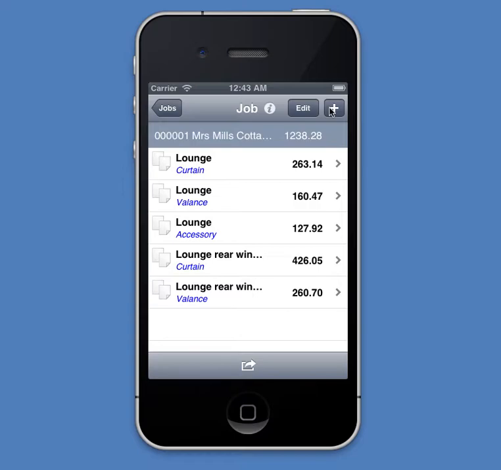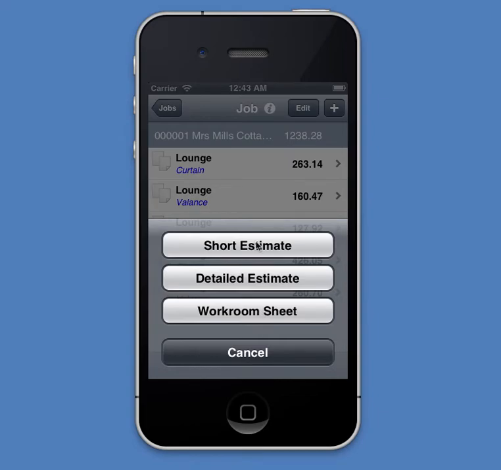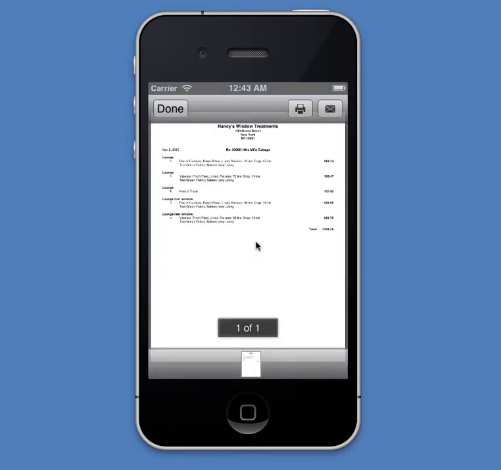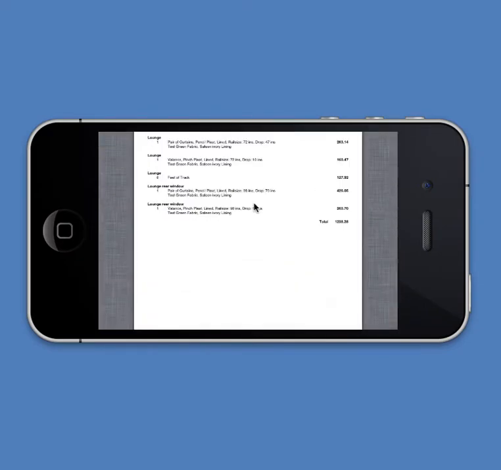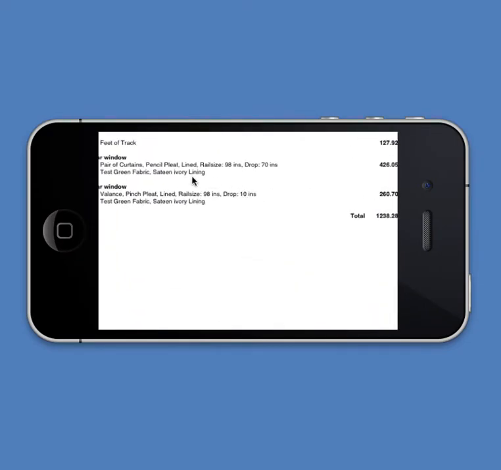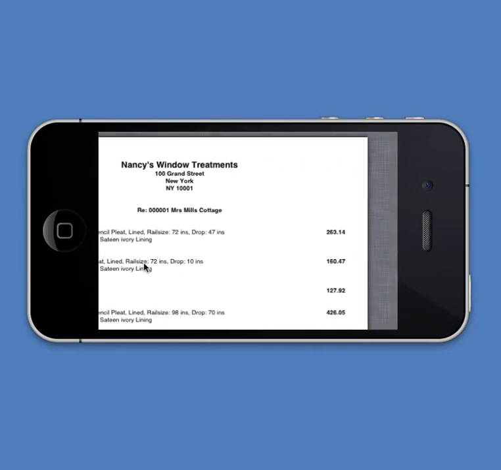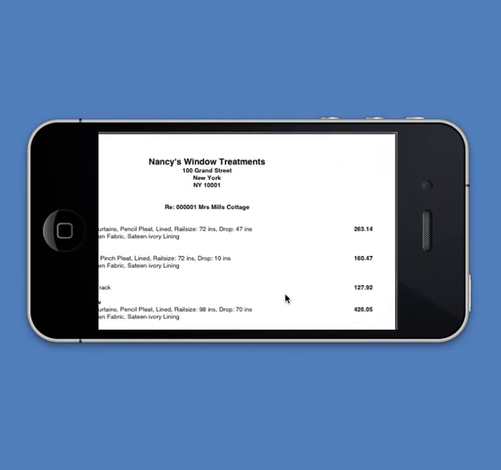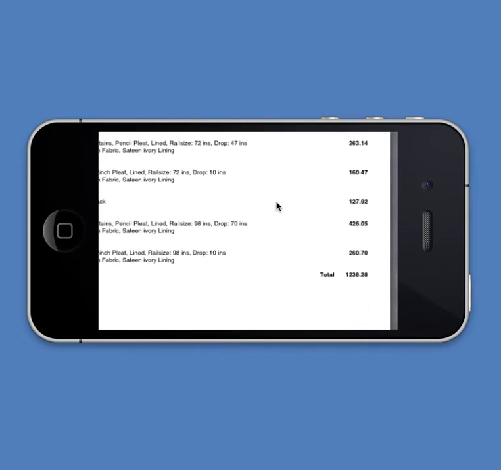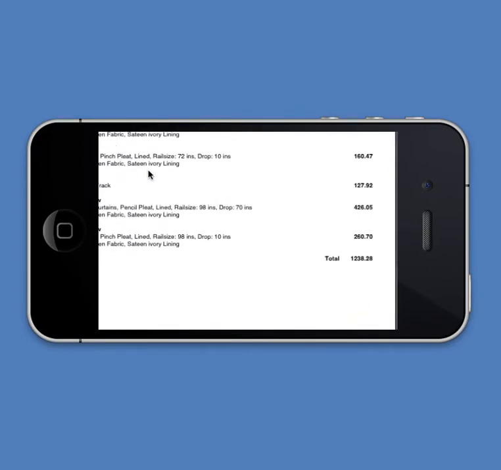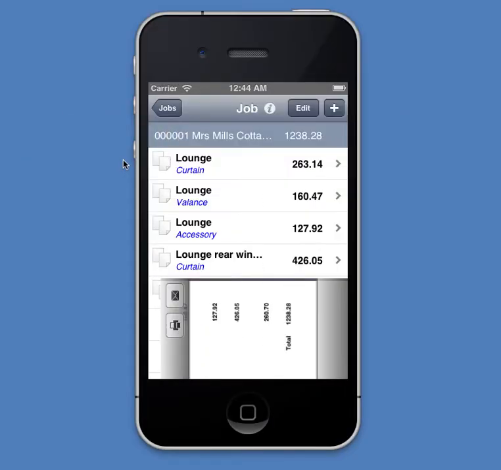So I've now set up all of the items that I want for this particular job, and I'll have a look at the reports that are available. I just tap on the icon at the bottom, look at the short estimate, rotate the phone, double tap, and you can see for each of the items the price of the item and the total price for the order. Tap Done,